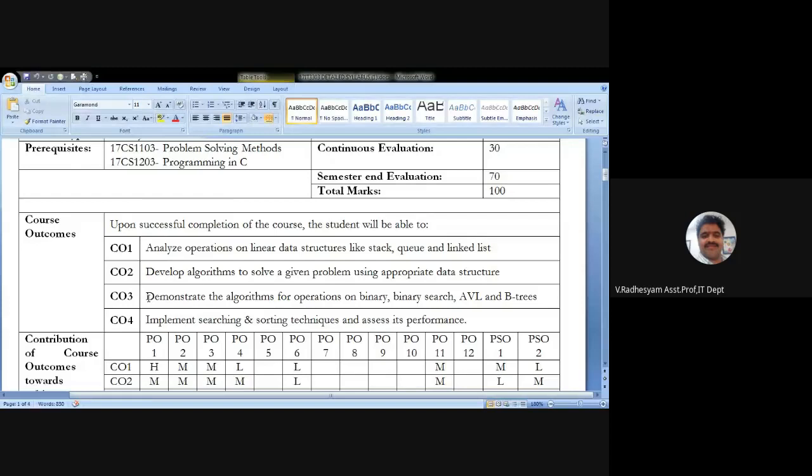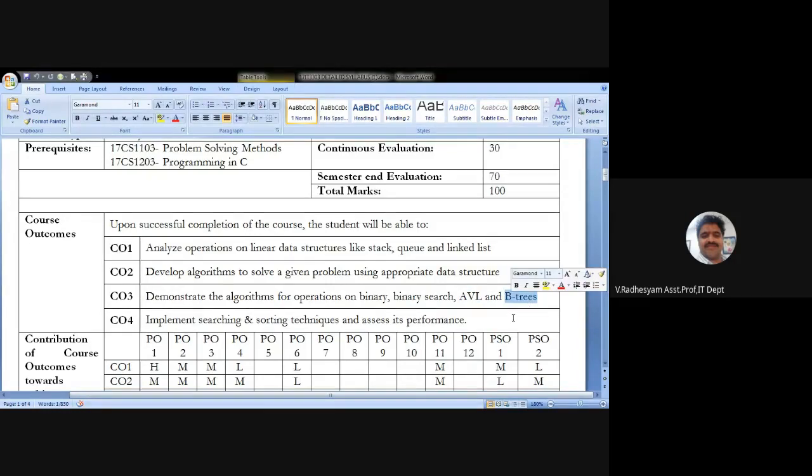Come to third CO. Demonstrate the algorithms for operations on binary search, AVL, and B trees. That means here in CO3 also these are called data structures only. But in addition to these trees, there is another data structure called graphs. That means binary tree, binary search tree, AVL tree, B tree, and graphs.